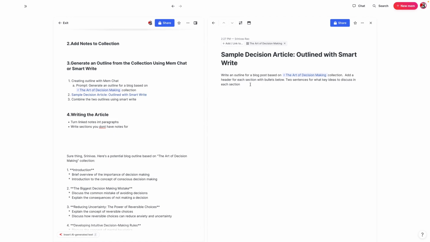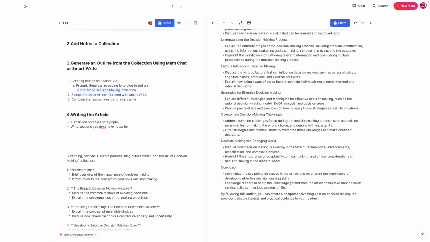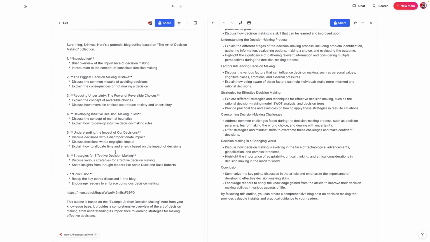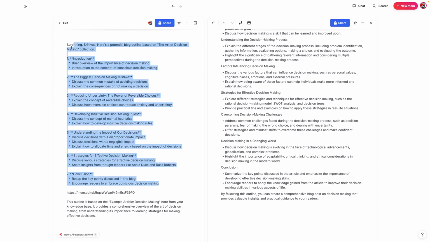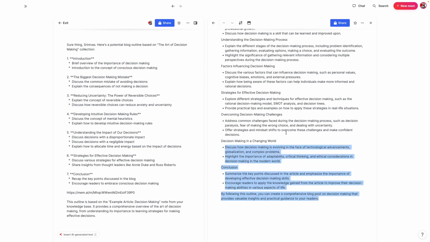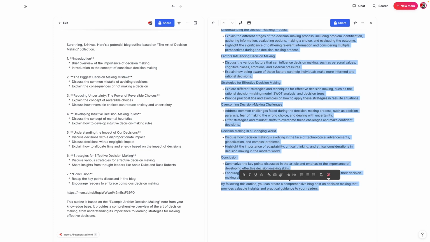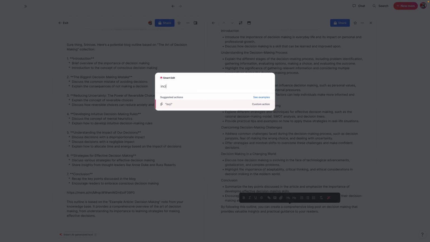And so what I'm going to do here is just press the slash key and let SmartWrite and Edit generate this outline for me. And then I'm going to take both of these outlines and combine them together. I want to incorporate all of this as well because it actually references my notes. So what I'm going to do is basically say incorporate these bullets under the appropriate headers. So I'm going to highlight that text and I'm just going to say